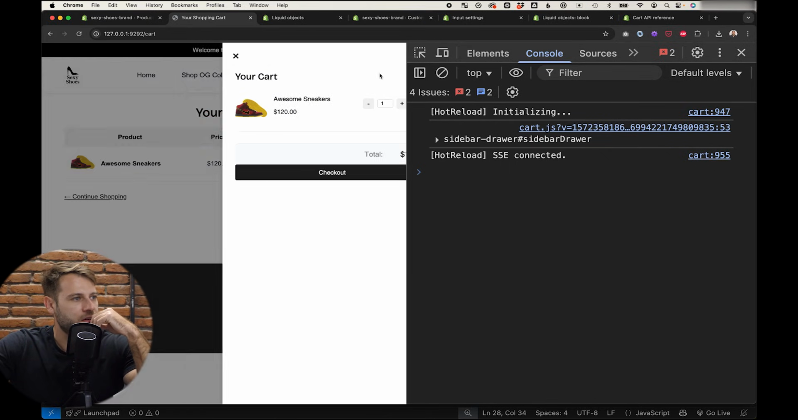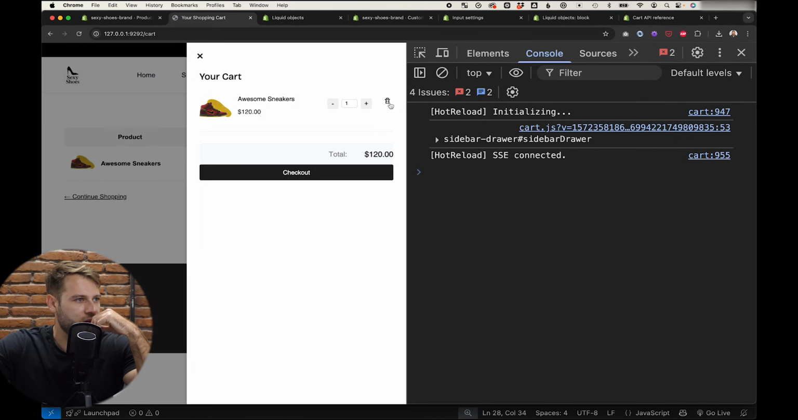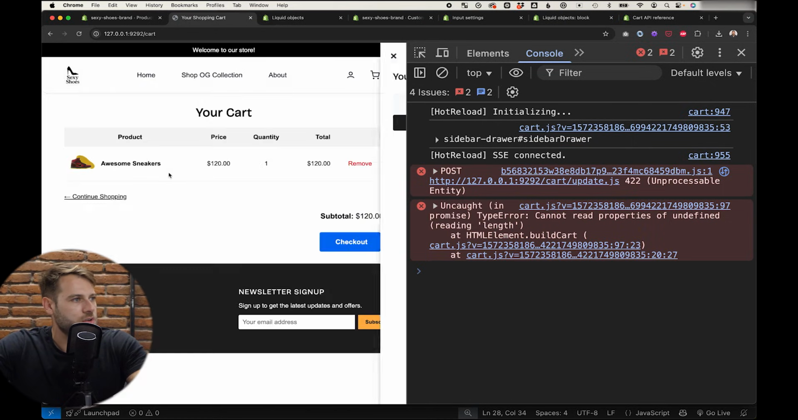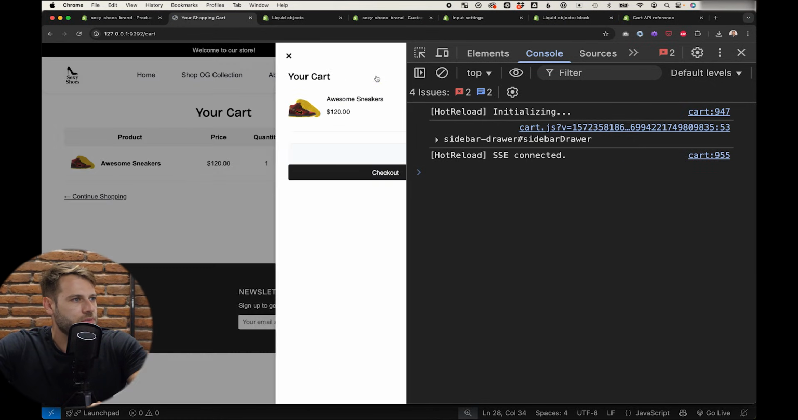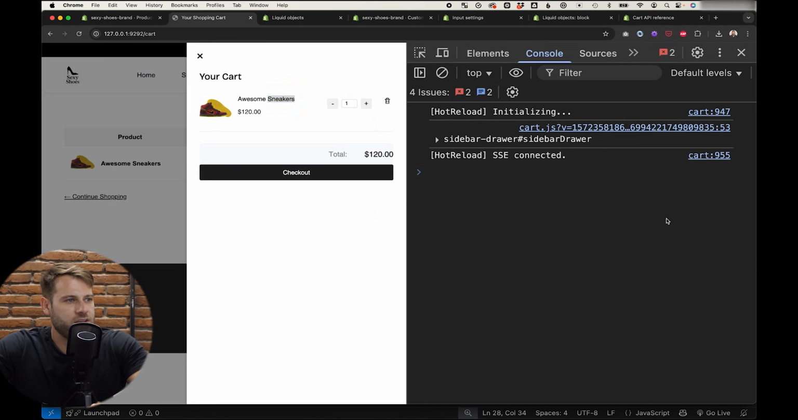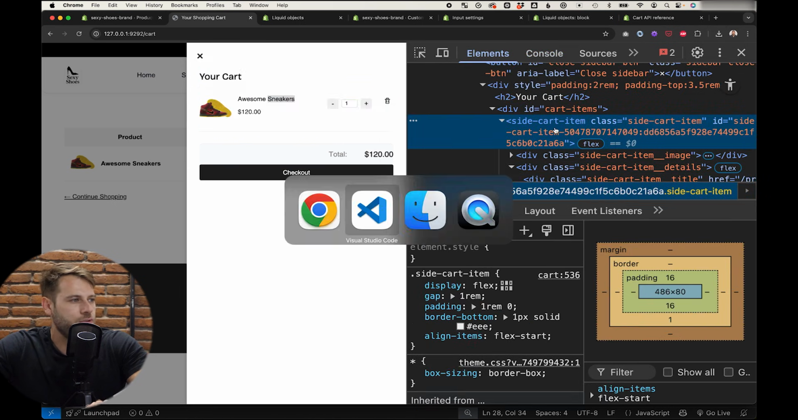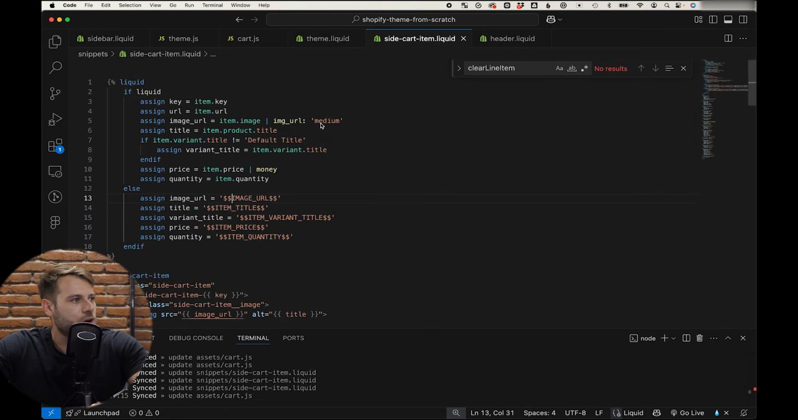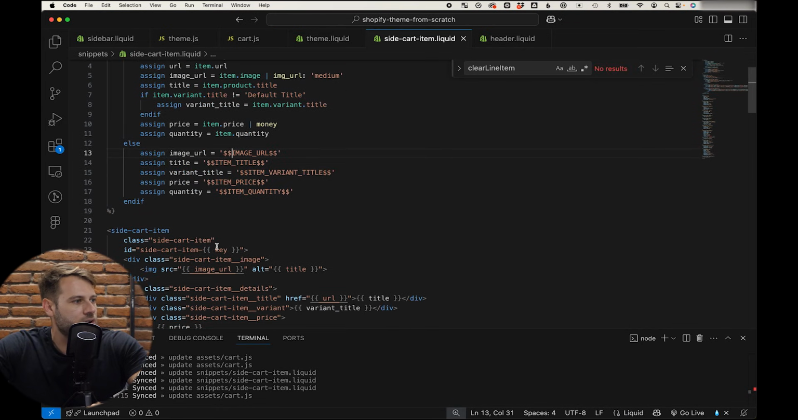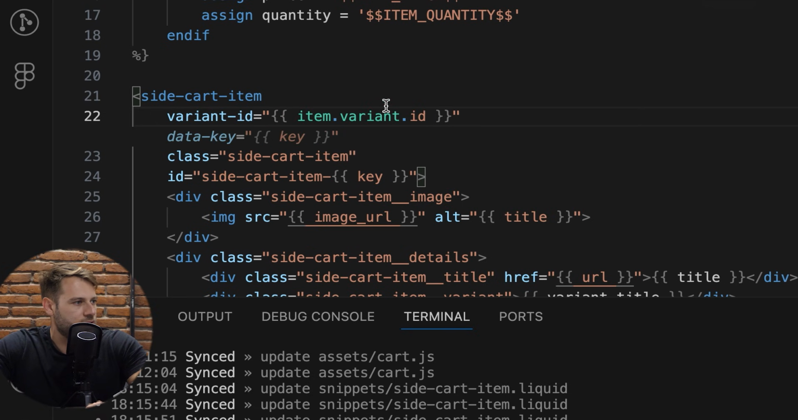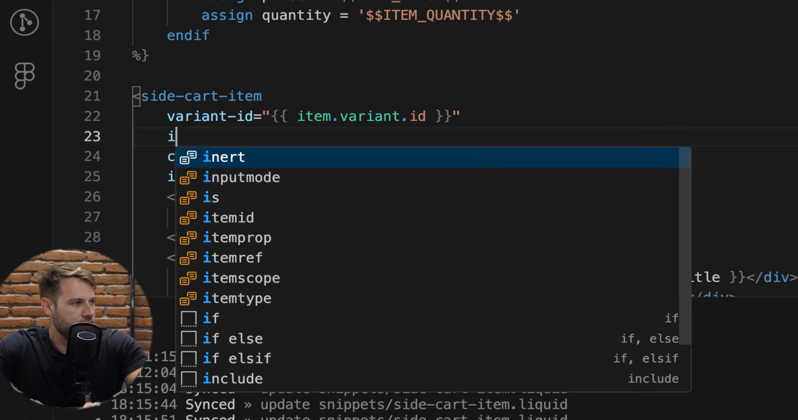And also, I think there's another error here. If we try to trash this product without running get cart, we get an error. So let me refresh over here and have a look at the side cart item. It appears that the variant ID is not coming through. That's our issue. So at the Liquid level, we're not putting in the variant ID, so we just need to do that as well. So I'm going to say variant ID equals item variant ID, and then the item count